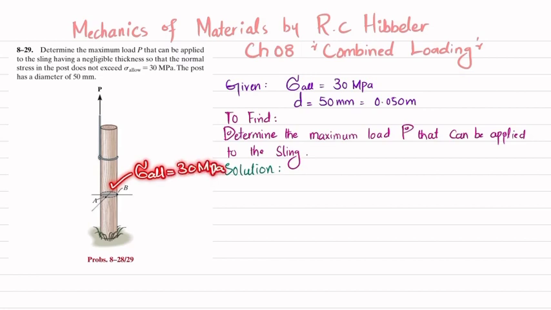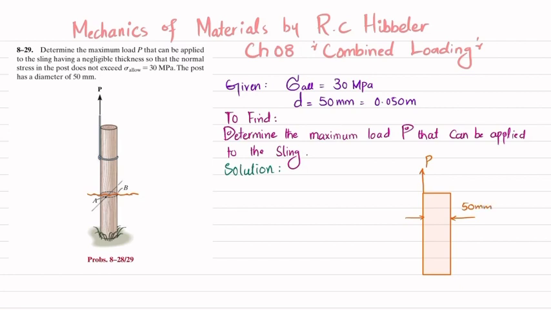It should not exceed 30 megapascal. So let's start with the solution. So first step is that if you cut the beam or a cylindrical post over here and draw the free body diagram, so it will be like this. Okay, so at this end we have a load of P. Clear. This diameter is given as 50 millimeter,